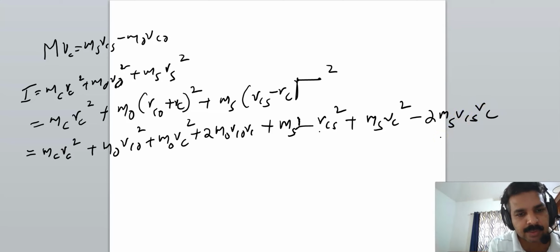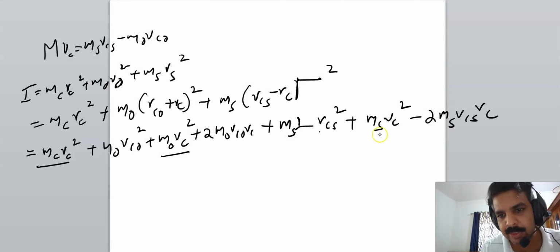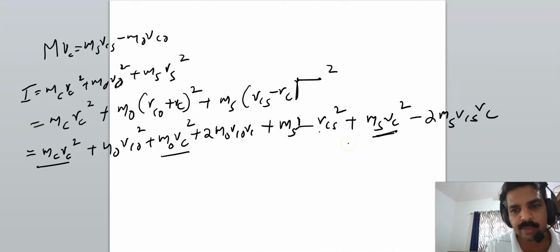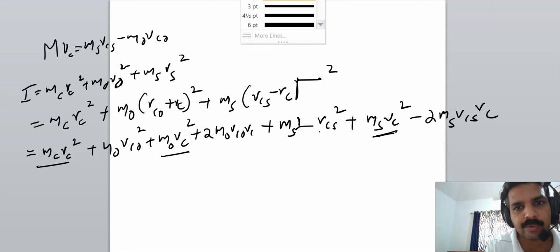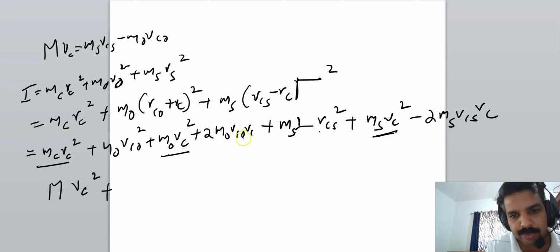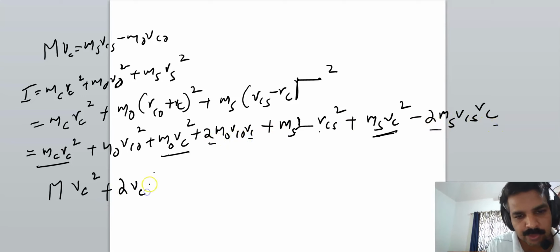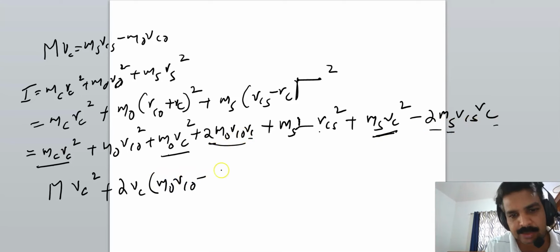Okay. Taking these terms together, MCRC square, MORC square is here, and MSRC square is here. Taking all these three together, we get (MC plus MO plus MS), that is capital M, into RC square. And from this we can take 2RC, here also 2RC here. So 2RC into the remaining, which is MO RCO minus MS RCS